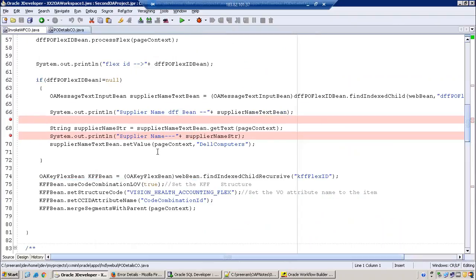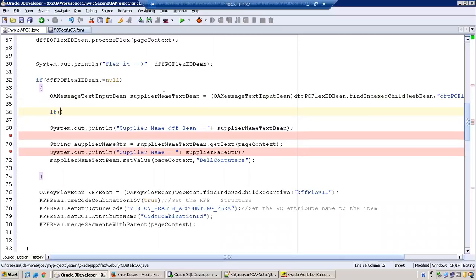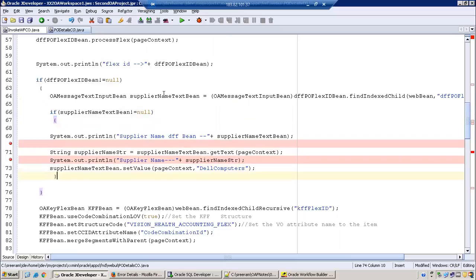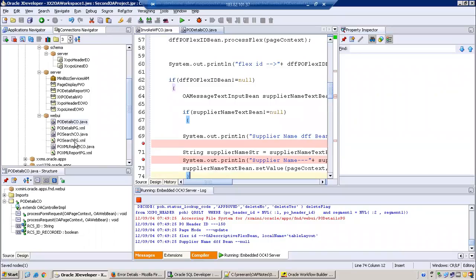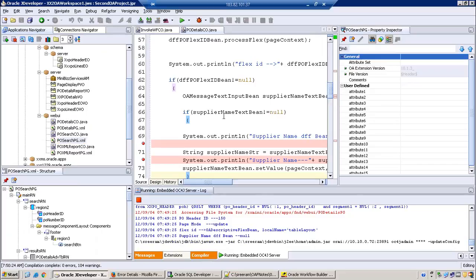Okay, it's because of the bean stuff that it is trying to check. So what we have to do here, if you remember last time, it is coming to the update mode. It is unable to find the bean information, so it's giving a null pointer exception. So always make sure that you check for null on all the beans whenever you work with them. Because we don't know in which scenario, or because of some other logical issue, you may get some other problem. So always do a not equal to null comparison, it is the best thing to consider.